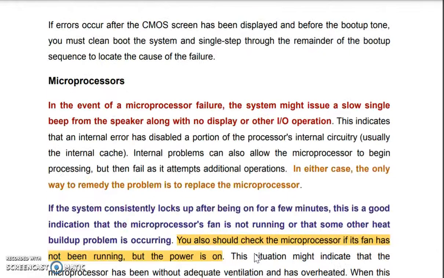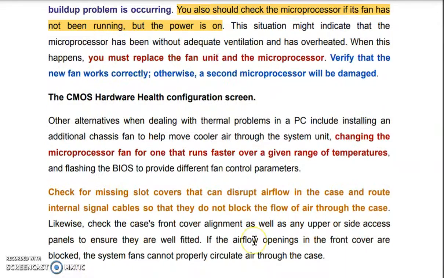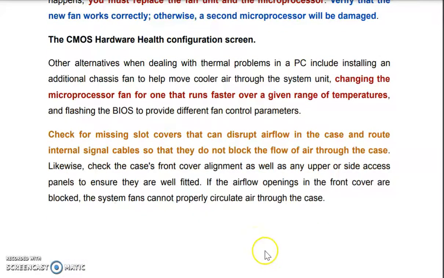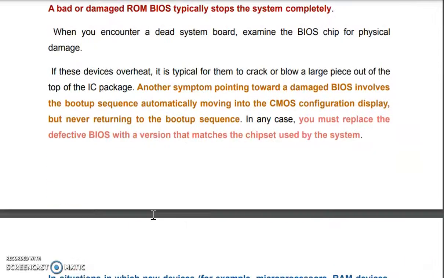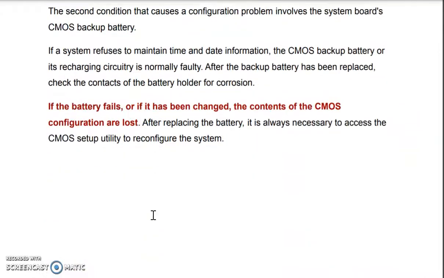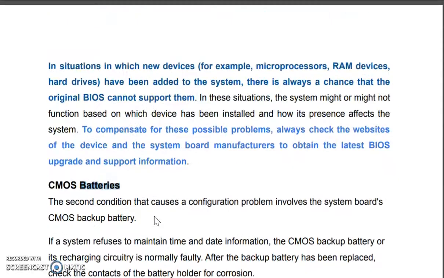We have to identify where exactly the error is, whether it is a fan error because of which the microprocessor is not working, or a microprocessor internal error where it is not doing processing and not showing the output on the input output devices, or it may be related to CMOS health, then RAM, ROM, and CMOS batteries. Along with that, you know that data is transferred with the help of the ISA bus and the PCI bus through all these components.